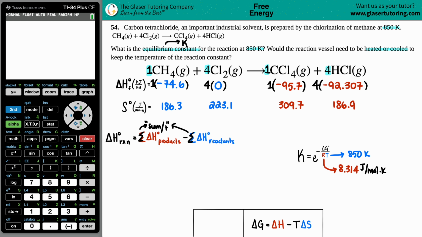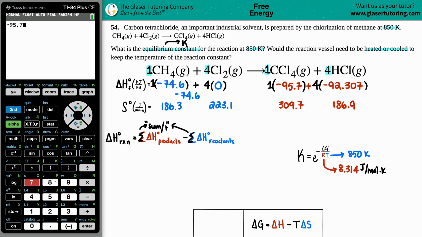It's literally CH4 plus Cl2, so I have to add these, but that would be the same number, right? Negative 74.6. Nothing really went on here. And then for CCl4 plus HCl, I have to add these together. So let's just plug it into Calci. Lovely, lovely Calci on the left-hand side. So I'm just going to say negative